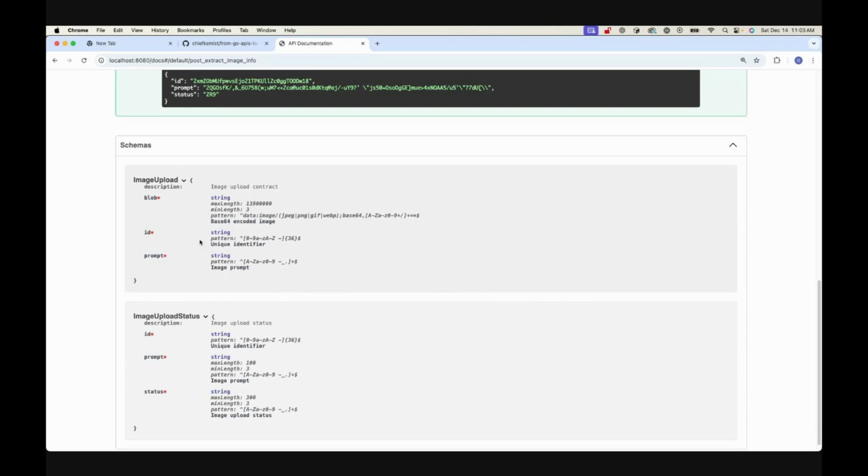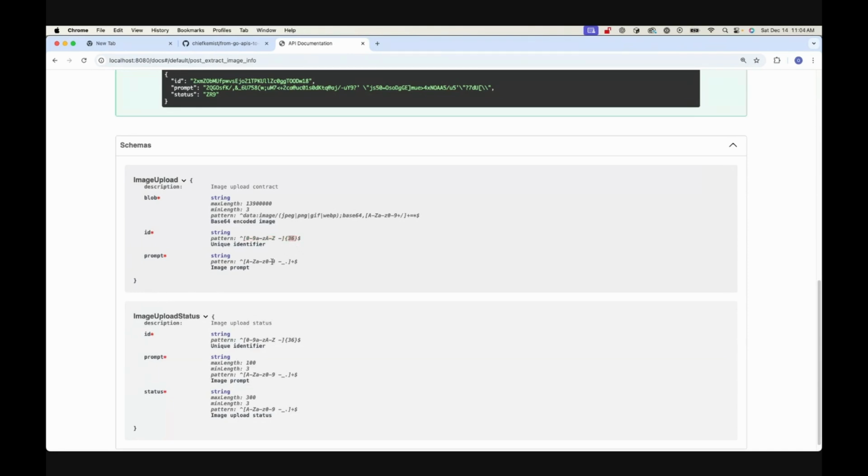This is how the payload should be structured on the client part. It's a requirement on the client. So the ID should respect that regular expression